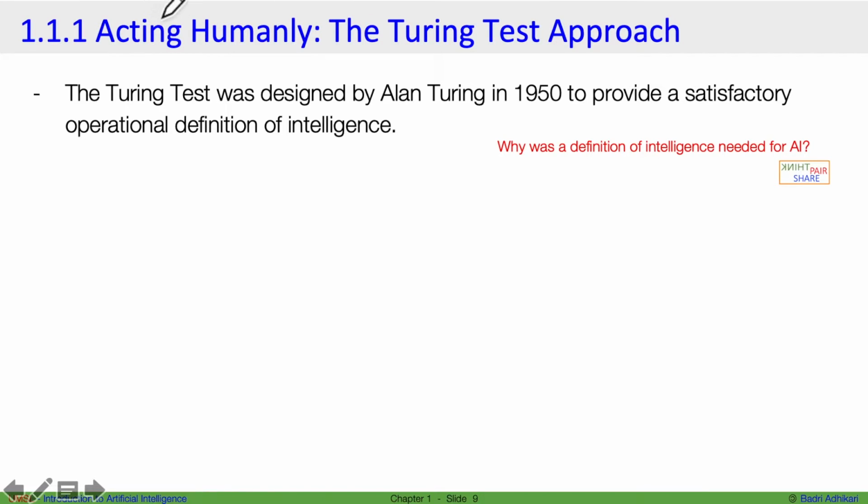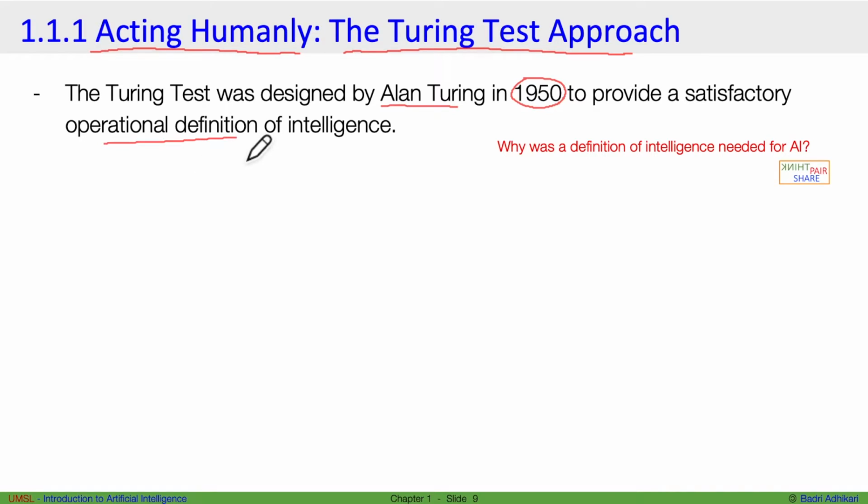And we will start with the first approach, that is looking at AI as acting humanly. This approach is also known as the Turing Test approach, from the computer scientist Alan Turing. So let's look into what the Turing test is. The Turing test was designed by Alan Turing in 1950, about 70 years before this time, to provide an